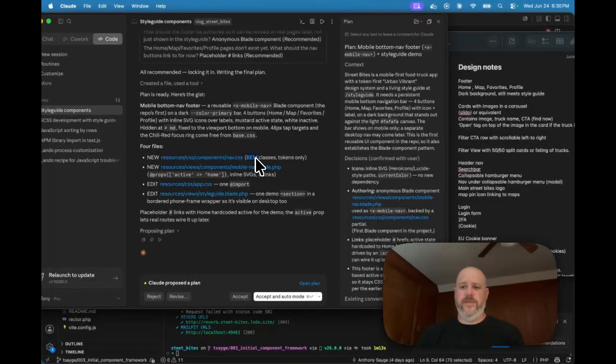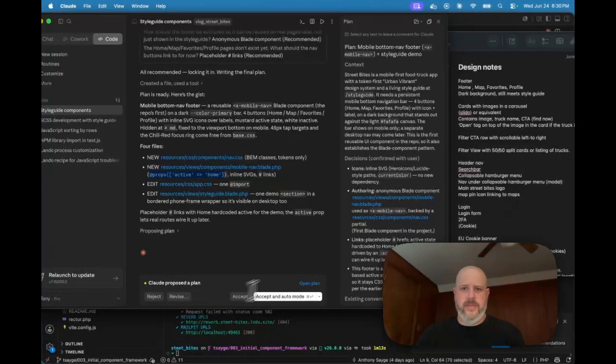That is a wonderful style. It means that it uses underscores to separate and nest our CSS, which is what we want. It's going to build a new mobile nav blade.php. It's going to add an import to the app.css, and it's going to build an addition to our style guide to add it. So